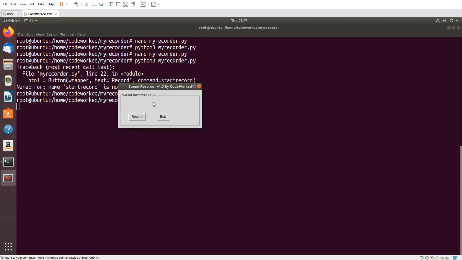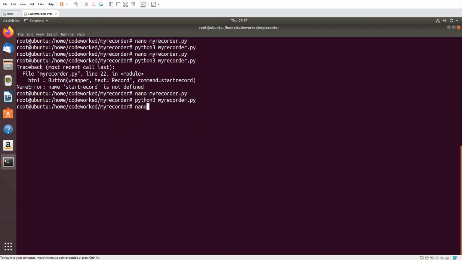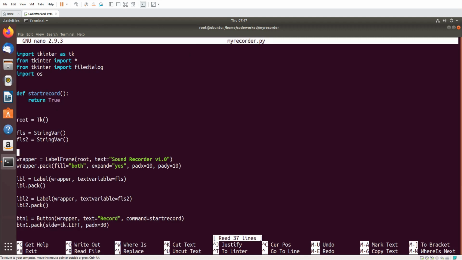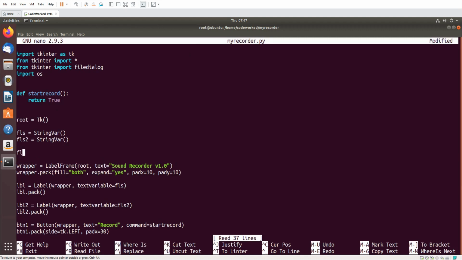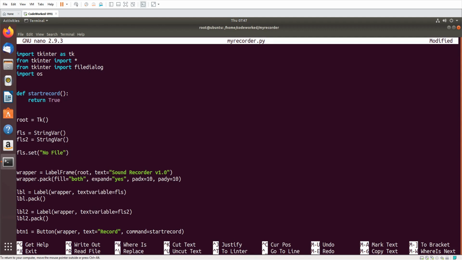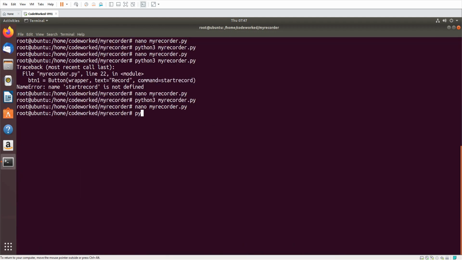Let me set default labels. Here I will set default labels, fls.set no file and fls2.set no activity. Okay, now let me show you.